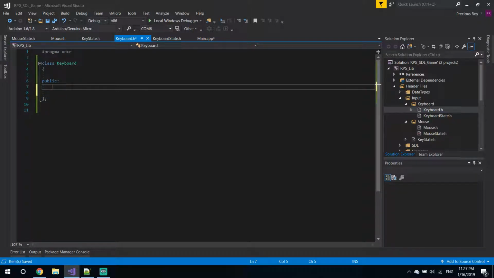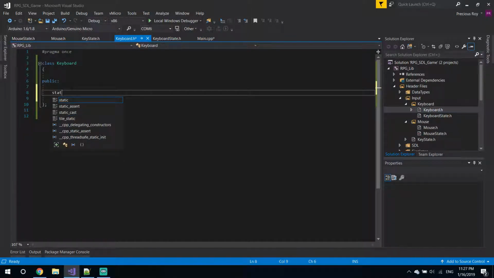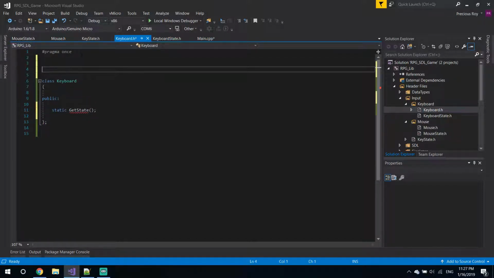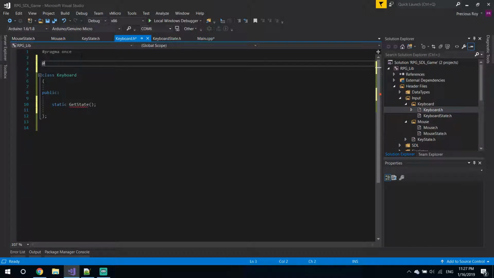So to start off with, we'll need a static function, something like get state, and this would then return the key state. So hash, no hash, include, okay,